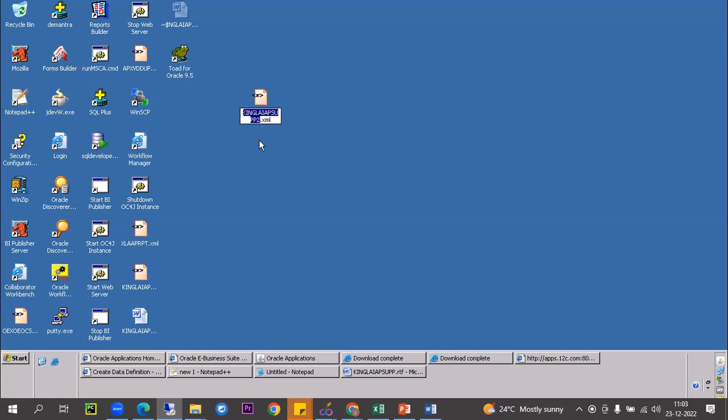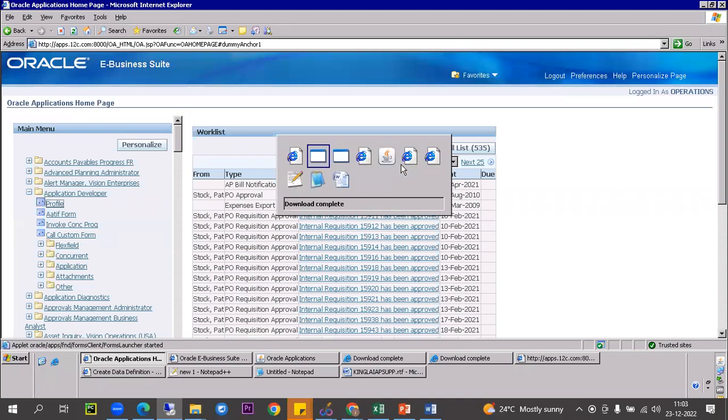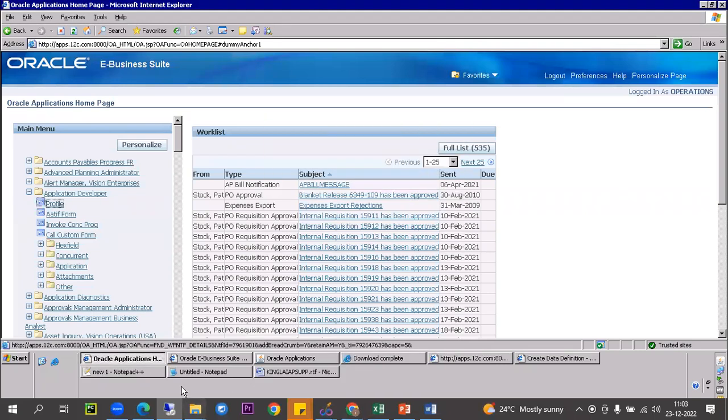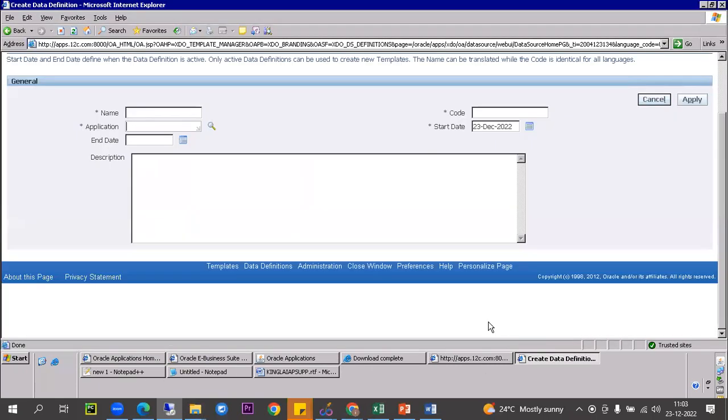Copy this without the extension. Keep a code and name. For application name, every time we should not use payables. There will be a custom application irrespective of the module. Take this, apply,